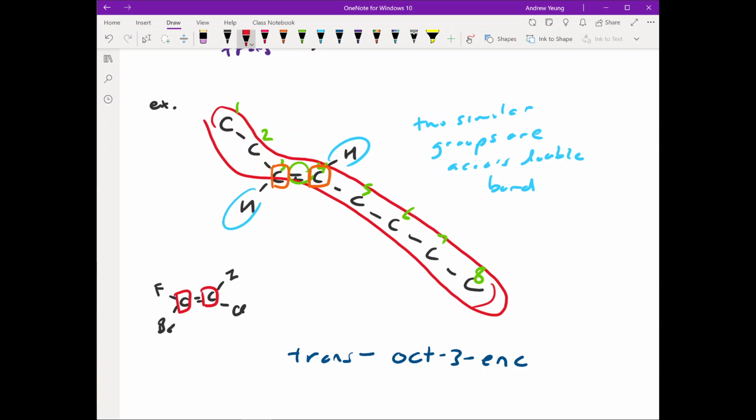If you go on to organic chemistry a little bit more in university, even though these groups are all different, and I don't have both holding a hydrogen or both holding a fluorine, we're actually going to prioritize. Just based on atomic number, bromine has a higher atomic number. Between iodine and chlorine, iodine has a bigger atomic number. Even though bromine is different from the iodine, the higher priority groupings are across from each other, so this one acts more like the trans than the cis, and that's where we actually use lettering here,